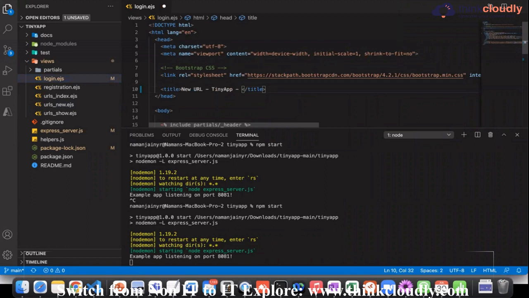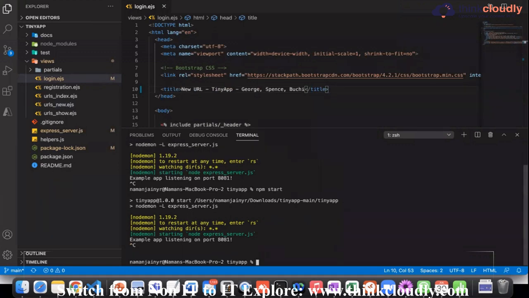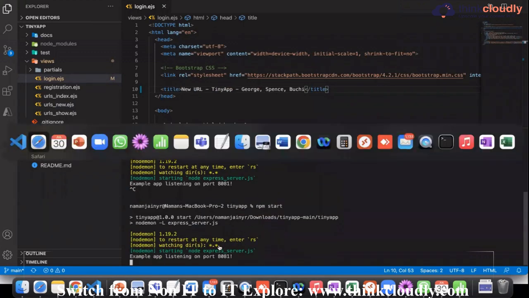Now I'm a software developer, so I know where the changes need to be done. So over here, I can put some names. Let's say George, Spence, Bucci. I can put a lot of names. Okay, and I save this file. And now when I run it again, you will see the change.